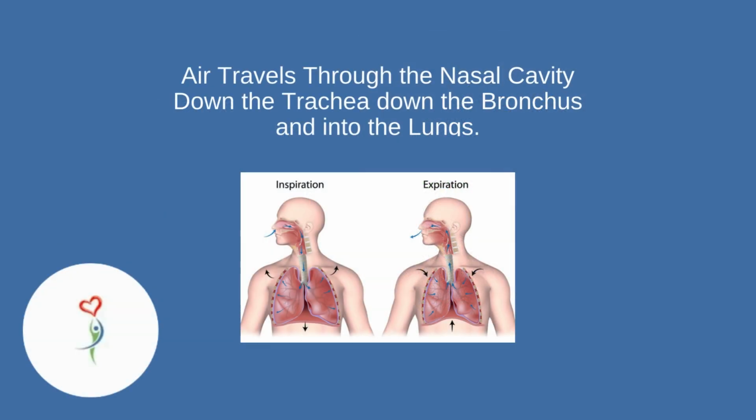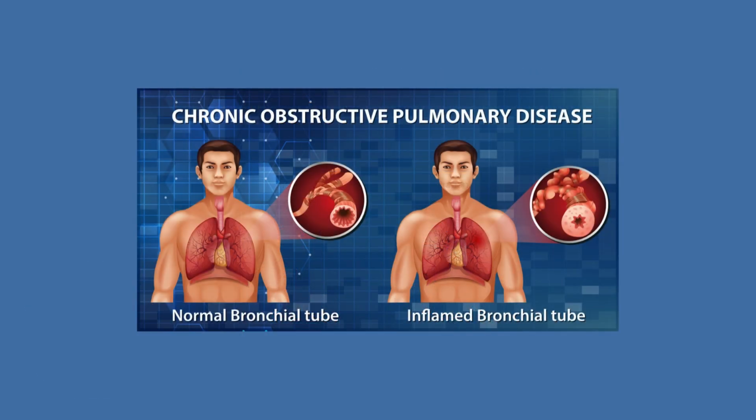So think about as you breathe in, with inspiration, air comes into your lungs, your diaphragm moves down, and your lungs expand. And with expiration, your diaphragm moves up, pushing the air out of your lungs and out through your nasal cavity. So what happens specifically with COPD is that you have an inflamed process in the trunk of the tree, or the bronchioles,